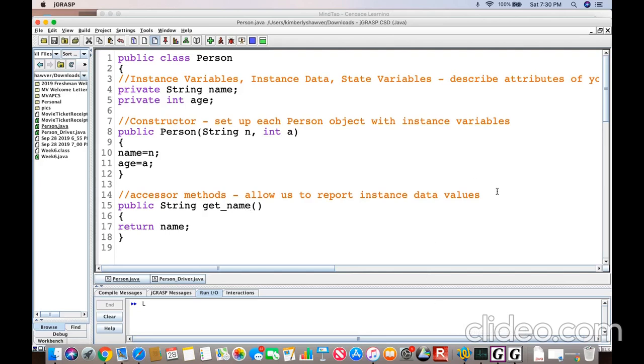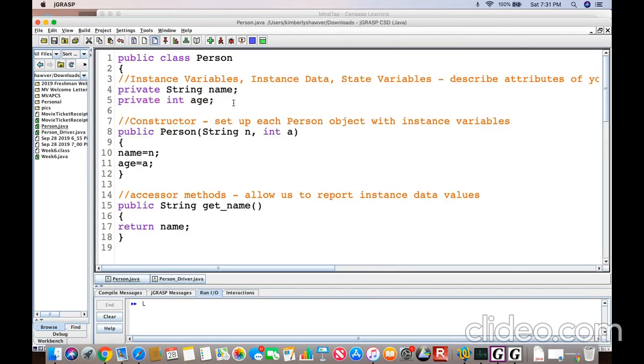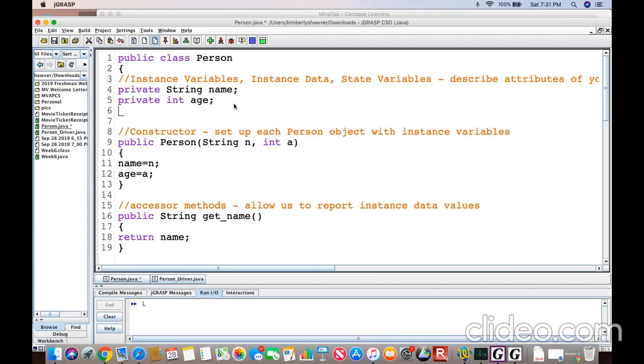Hi, everyone. I thought we would continue to add on to the person class that we started last week. And then we also had a driver program, or a program we could run and create person objects. So I want to go back to this and maybe add a few more pieces of instance data, like